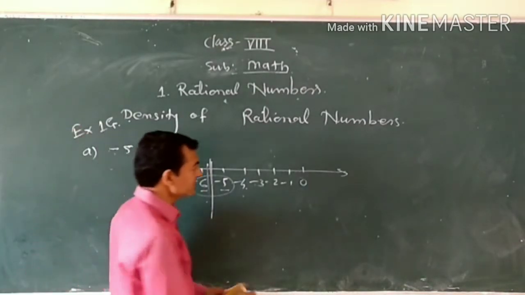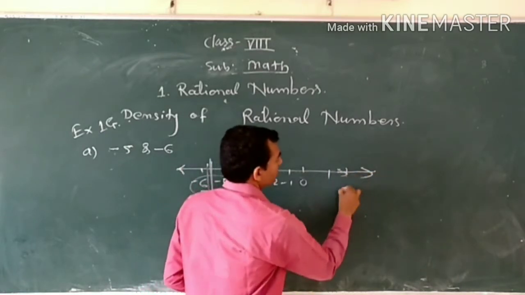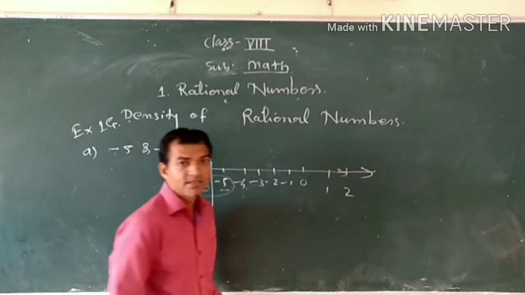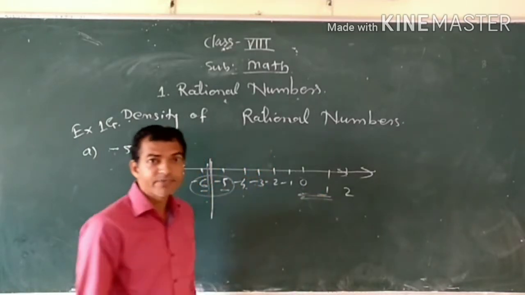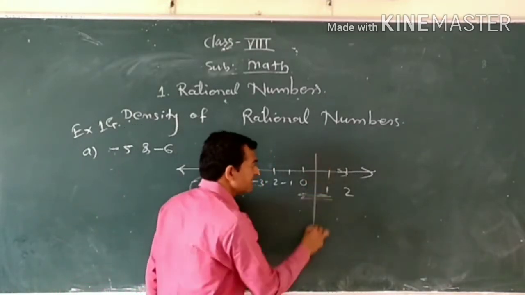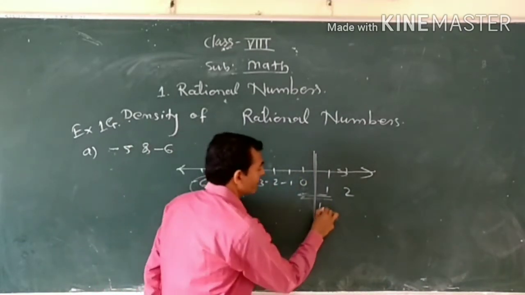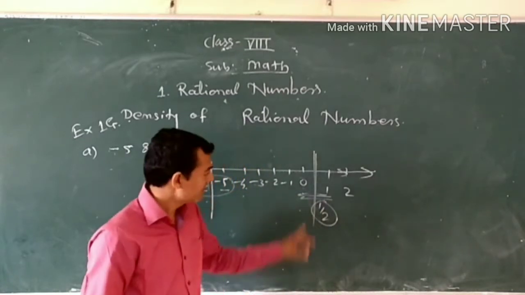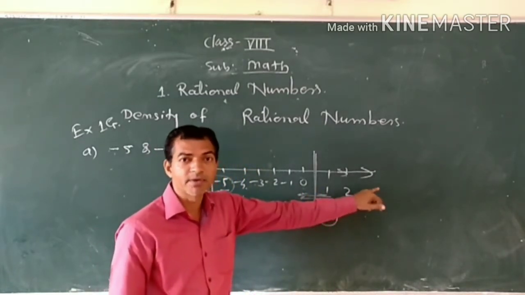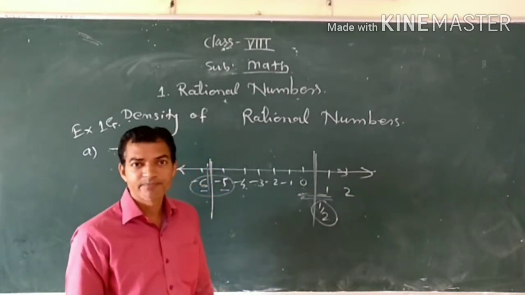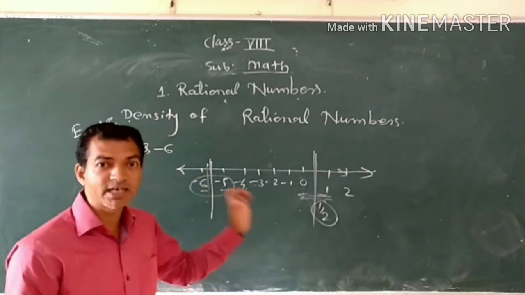See here. Suppose you write here 0 and 1, then here 2. Can you tell me, between 0 and 1, is there any rational number? Exactly in the middle of 0 and 1 there is a number, and that is half, 1 by 2. Okay, 0, half, then 1, then 1 and a half, then 2, then 2 and a half. Rational numbers like these are there. Understood? That method of finding the rational number I will explain to you now.